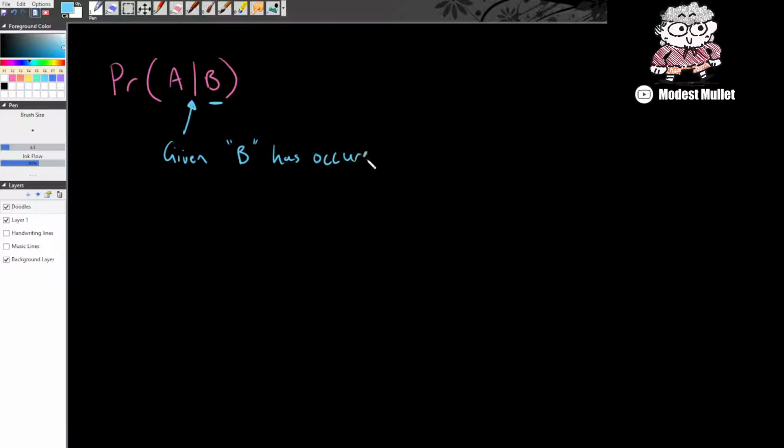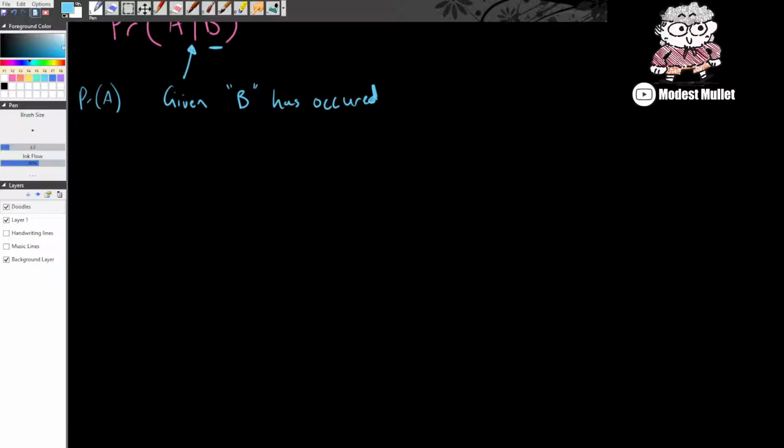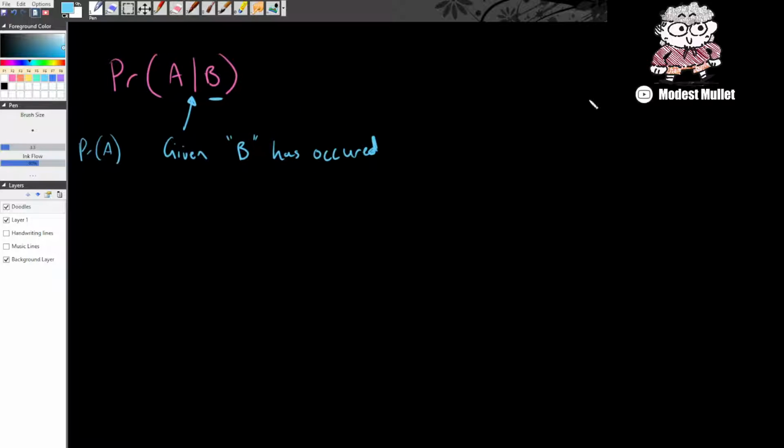Whatever event is listed in the B spot, we're going to assume that that has occurred. It's effectively mandatory. That must have happened. That's what we're being told in this problem. So we're trying to find the probability of A, so find the probability of A given that this B event has occurred. So that's our notation. So let's jump straight into, I think two-way table is the best way to show what this means